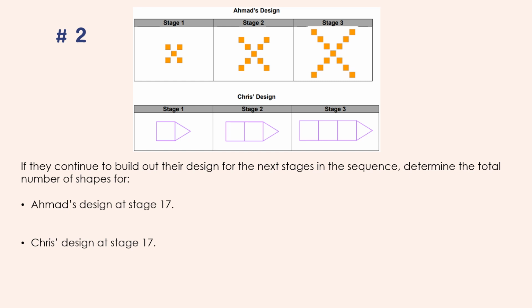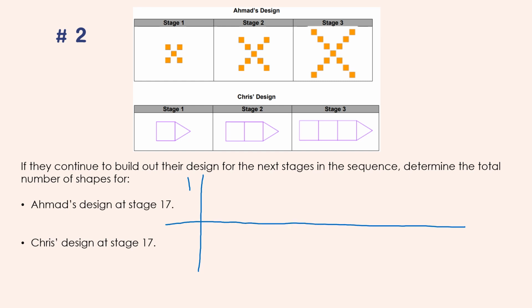So for question 2, we're looking at the same design, keeping in mind the pattern for Amod is to add 4 every time, and Chris is adding 3. We are trying to figure out the total number for stage 17. So much like the warm-up problem that we did, you're going to need to continue the pattern. So I'm going to try my best to not run out of room here, and maybe I'll try to organize it a little bit. So stage 1,